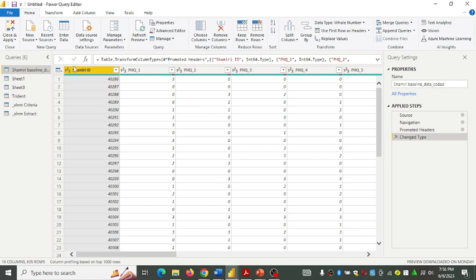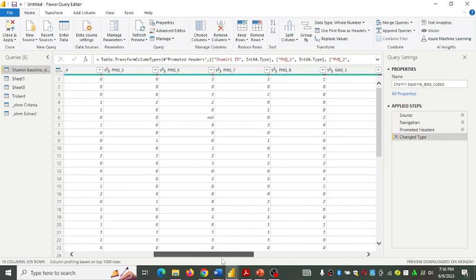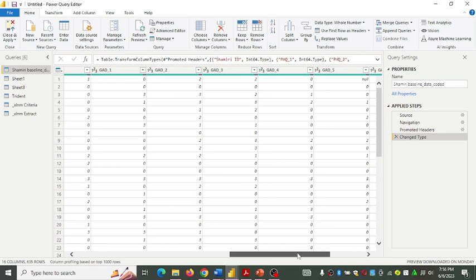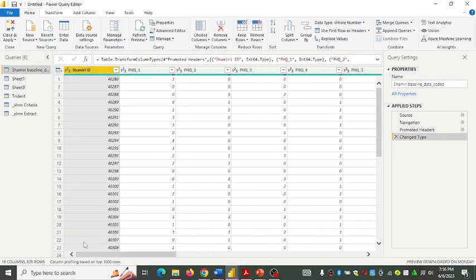So nikiangalia hivi tu, I can tell you where we have errors. We have error here, we have error on the second one, we have error hapo, we have error hapa, and let me check for the other ones. So every column here has an error. Every column iko na error. Why? Because